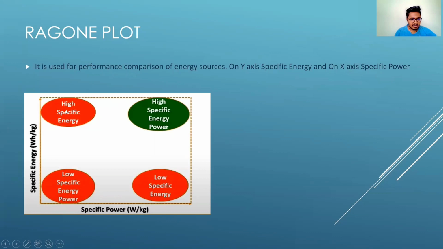Coming to high specific energy and low specific power, in this case a hybrid electric vehicle can be made, which should have an alternate source of high specific power to take care of the speed range and acceleration. Coming to the third one, low specific energy, similar to the last one, it should be made as a hybrid model. A power source with high specific energy and high specific power is desired for an electric vehicle.